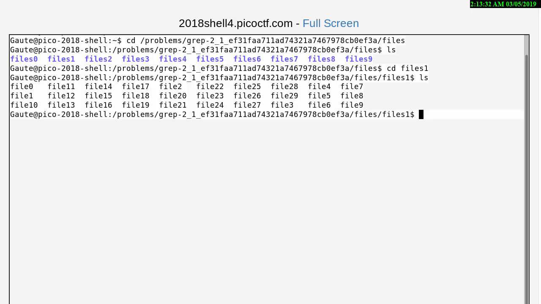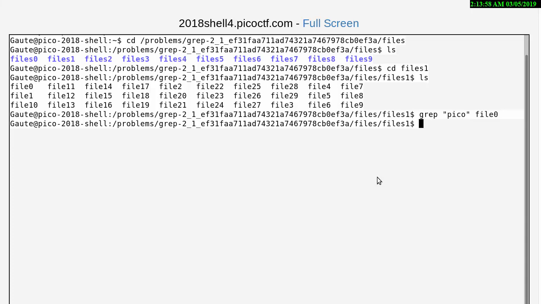The way we have done this before is we have used grep, and then what we are looking for, which in our case has been pico, which is part of picoCTF and part of the flag, and the name of the file, which in this case could be, let's say, file 0. And we're not getting anything back, and that's because the flag's not there. So this is like looking for a needle in a haystack. So we're going to move back one step, and